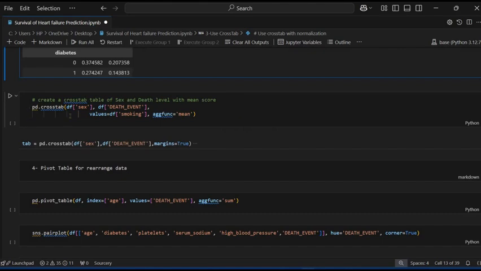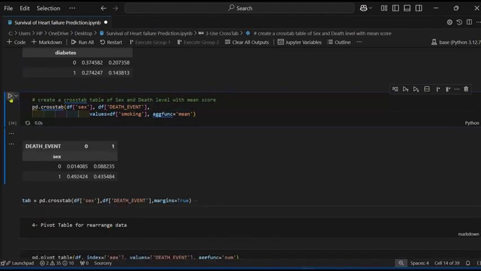So pd.crosstab, where I pass the sex and death event, and for values I have given smoking. So it gives the output using smoking. It gives 0 for female and 1 for male, and death is also 0, meaning there is no death, and 1 is death. So it gives 0.014, which is the mean value.